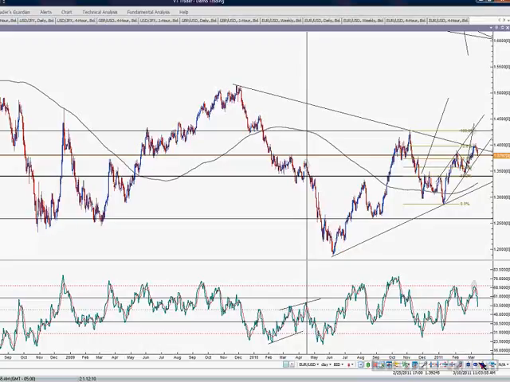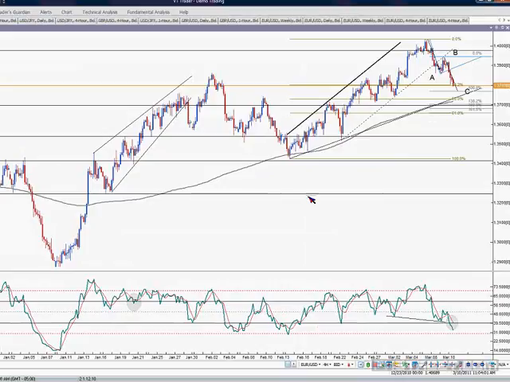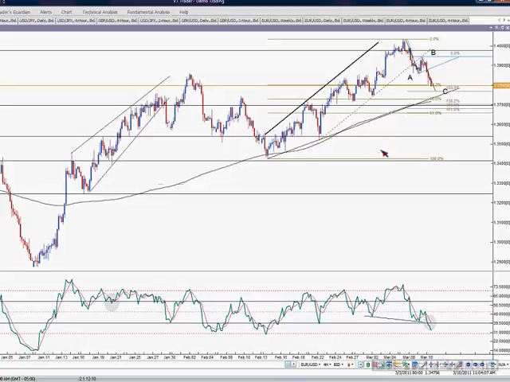So now we are up here, so let's take a look at the 4-hour time frame. Another thing is, yes, I use multiple time frame analysis. You can't just look at one time frame. You have to see what is happening in the longer term perspective, and you also want to see the internal structure of the market.